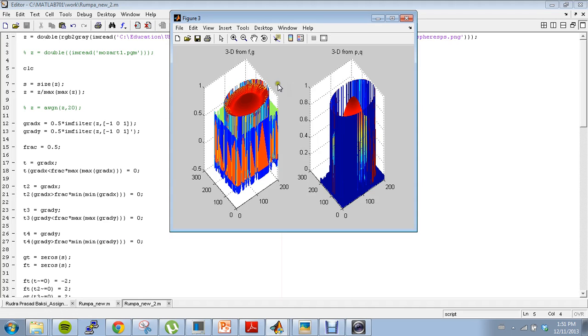This is the three-dimensional shape obtained from the information from the F and G parameters, and this is the three-dimensional shape reconstructed from the information collected from the P and Q parameters.